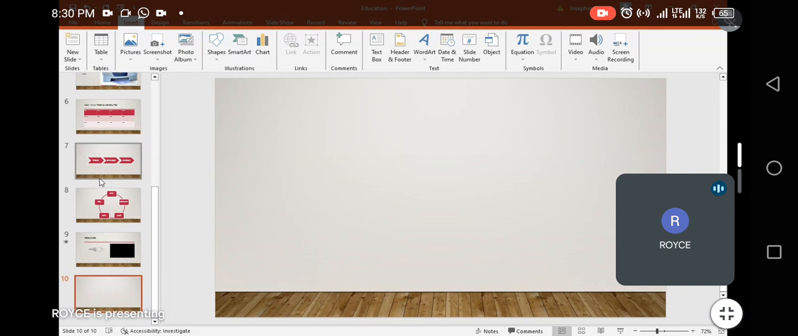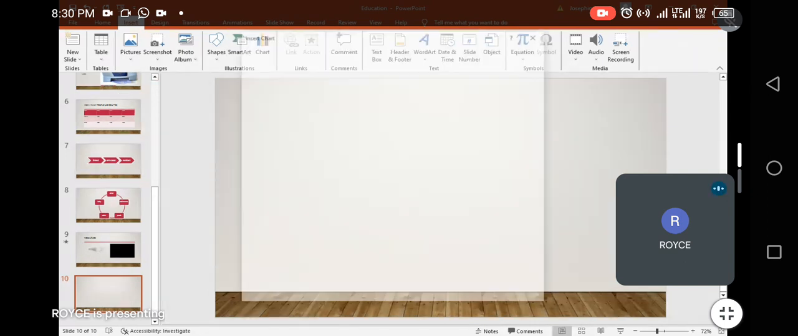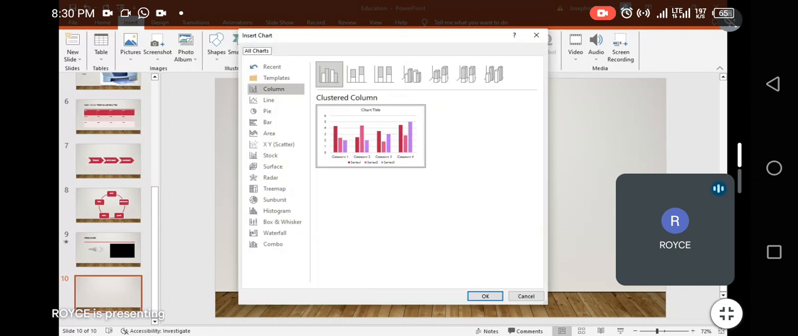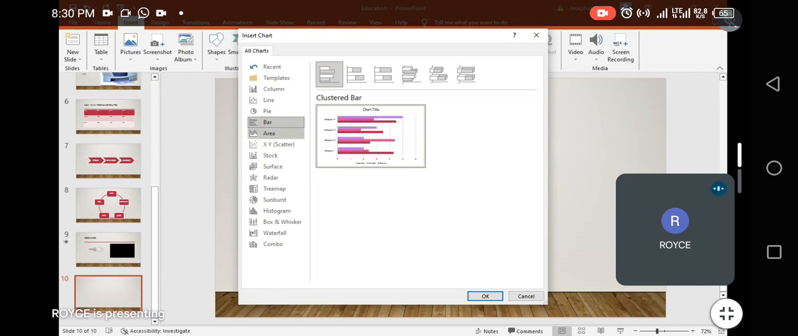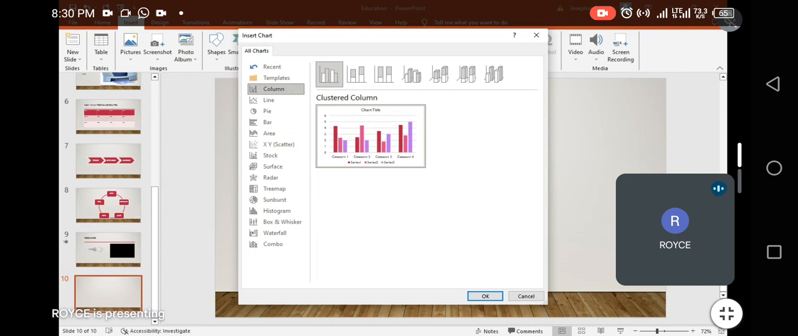Okay, but we can actually insert a chart. Okay, there it is. When I click on chart, they're going to give me all kinds of charts. What exactly do I want to add? Do I want a pie chart? Do I want a bar chart? Okay, do I want a column? You know, let's just say we want to add a column, and we are going to choose this one, which